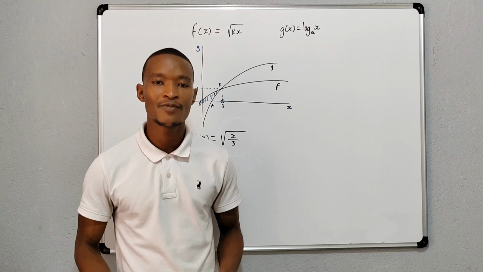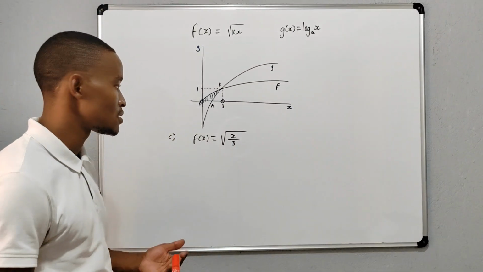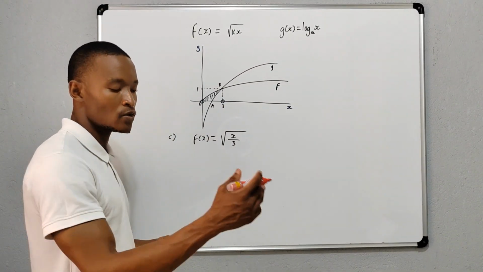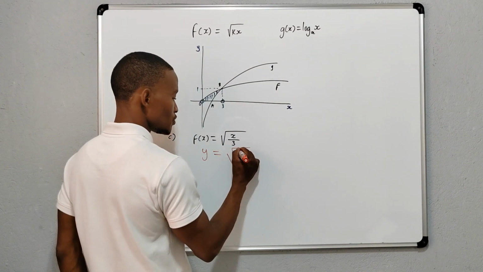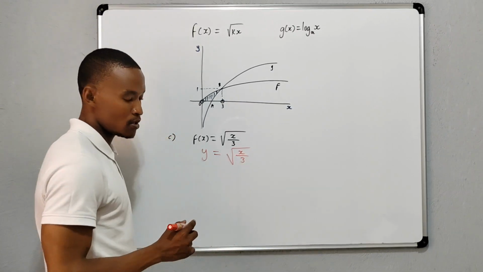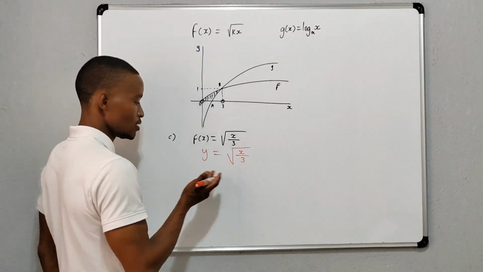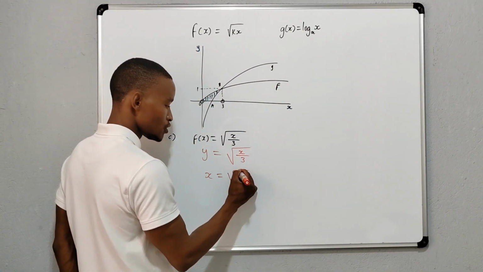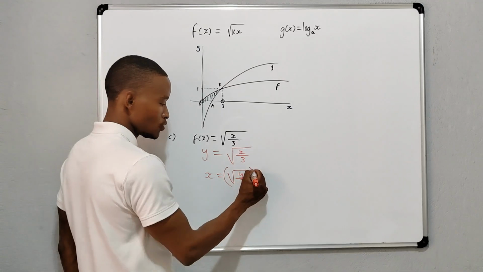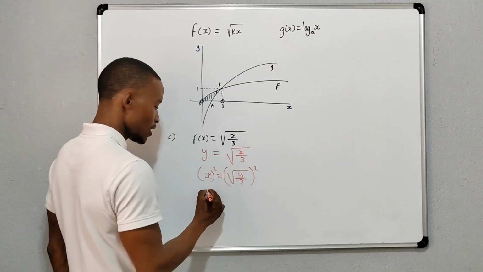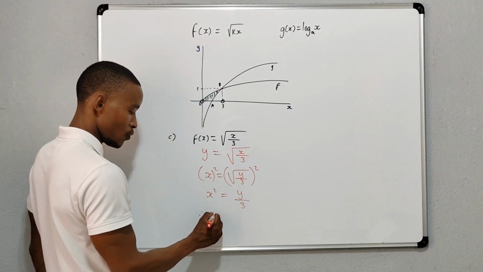Alright, so we are now asked to find the inverse of f and state its domain. Obviously there's a certain format we need to use, y equal to something. So we just replace this with y equal to the square root of x over 3. How do you find the inverse? The x becomes the y and the y becomes the x. They interchange, so we interchange them here. x equal to the square root of y over 3, and we need to solve for y. How? Square both sides, and then we have x squared equal to y over 3,